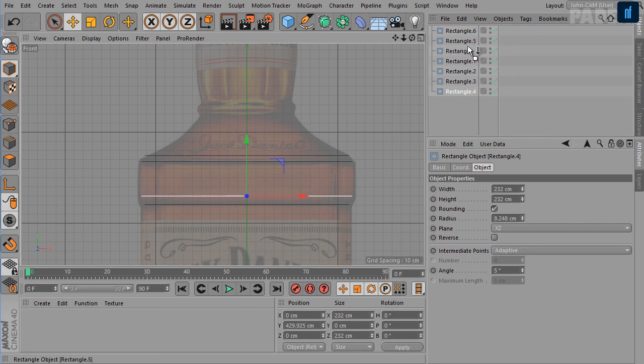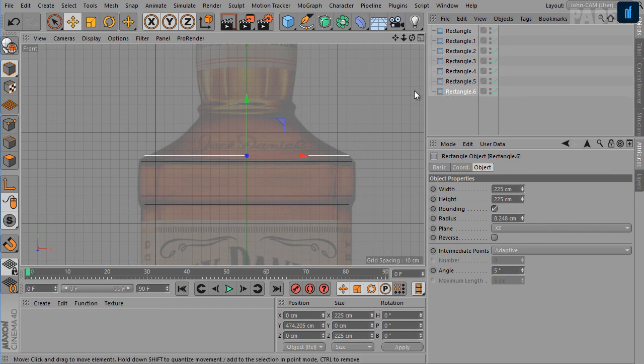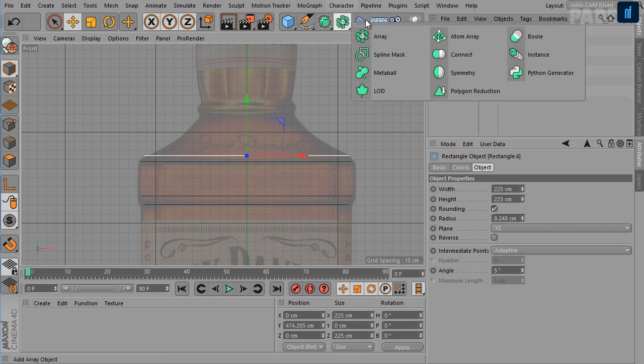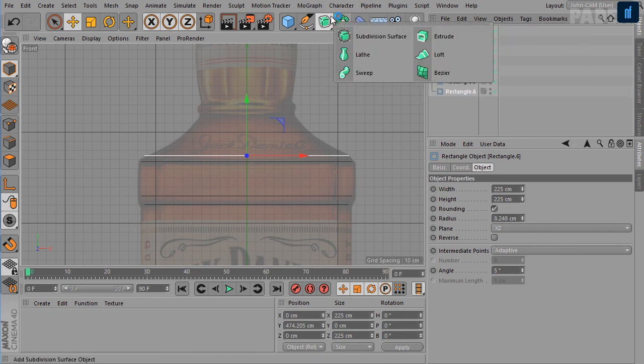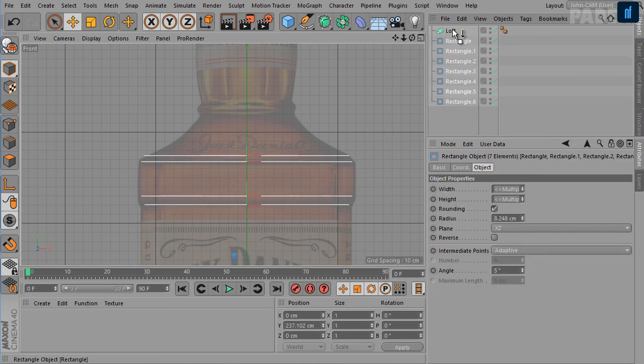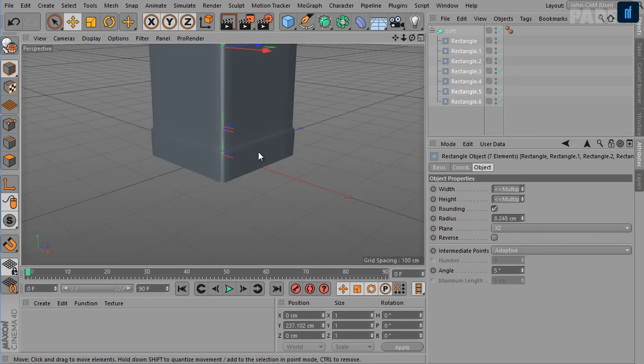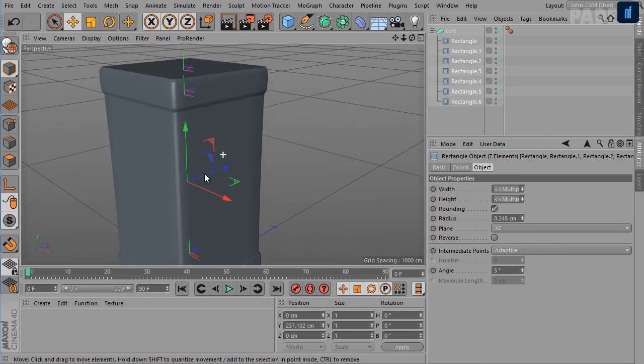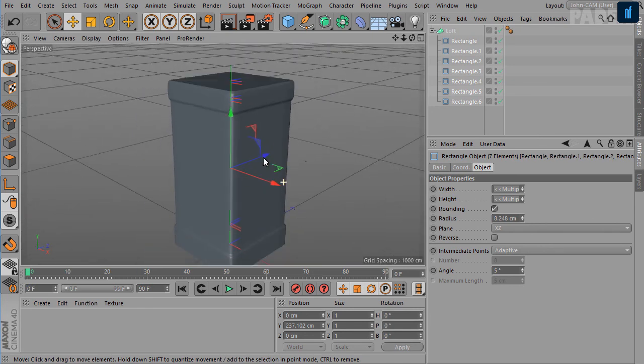Okay, so we'll place them here in order, because when we apply the loft generator to these splines, this order will be important. So let's go ahead and add a loft generator object, and drag all rectangle splines inside that object. Okay, so we have this shape here.